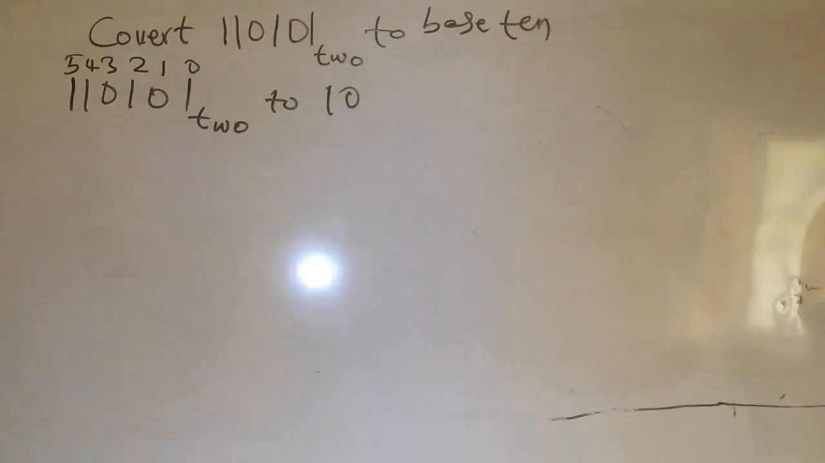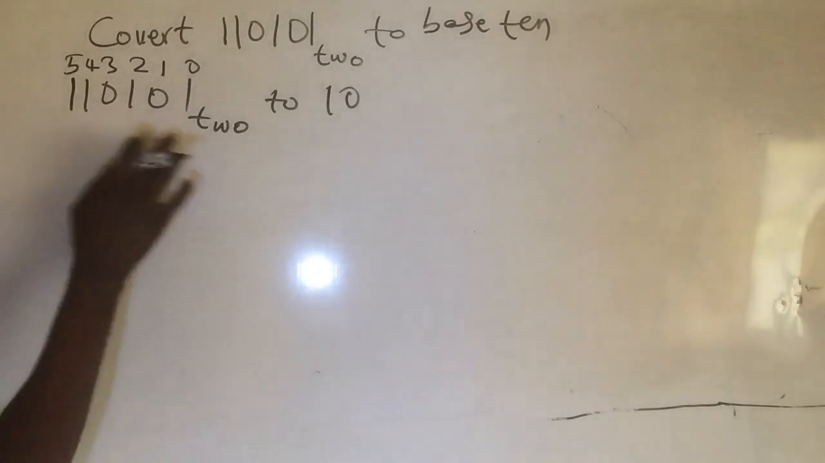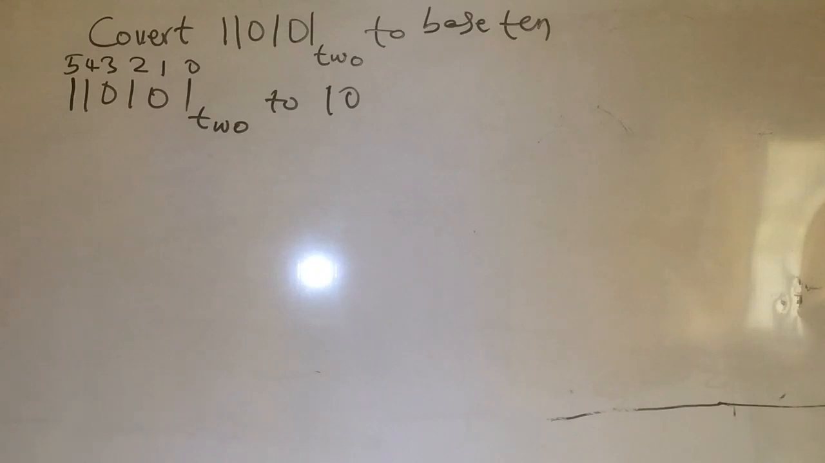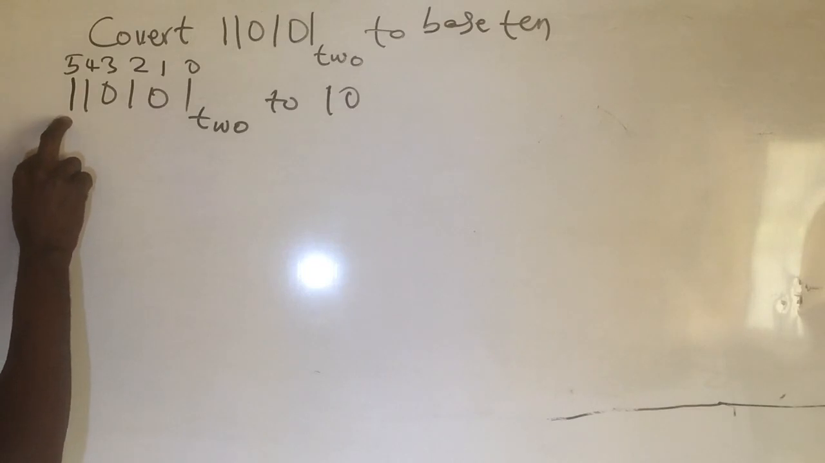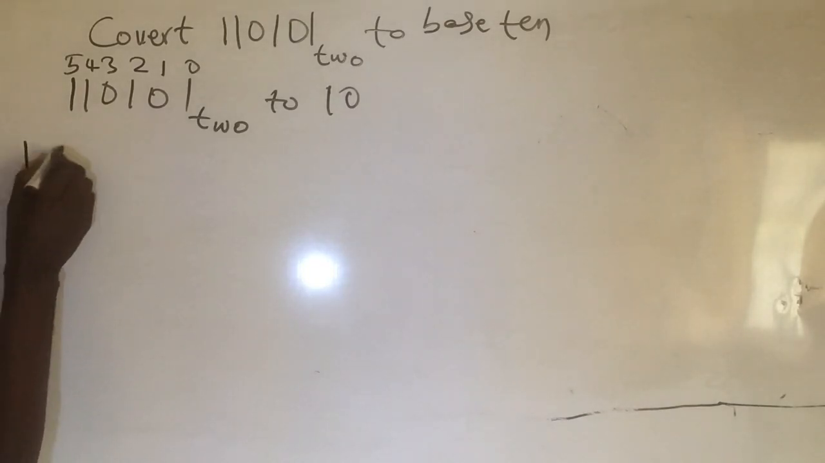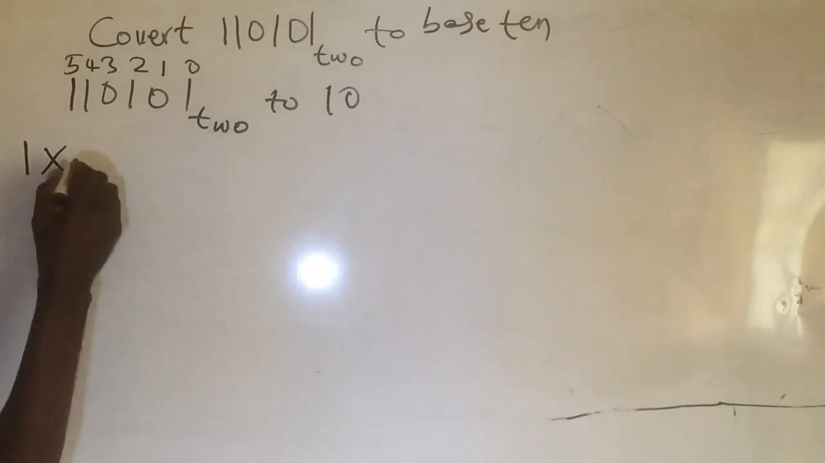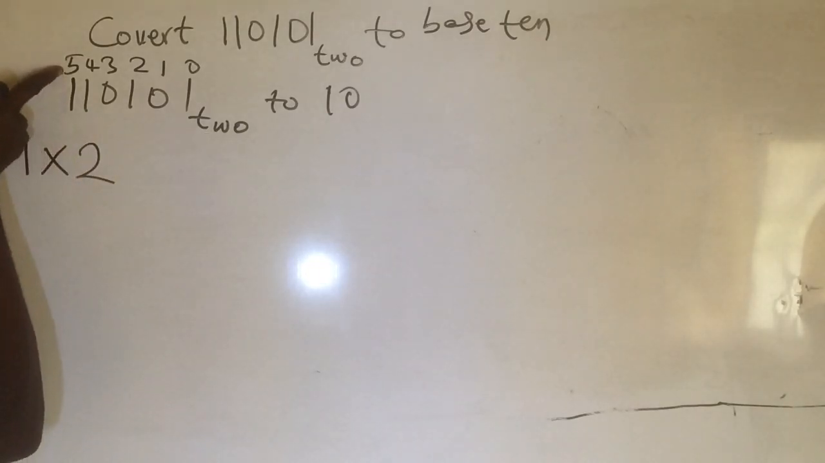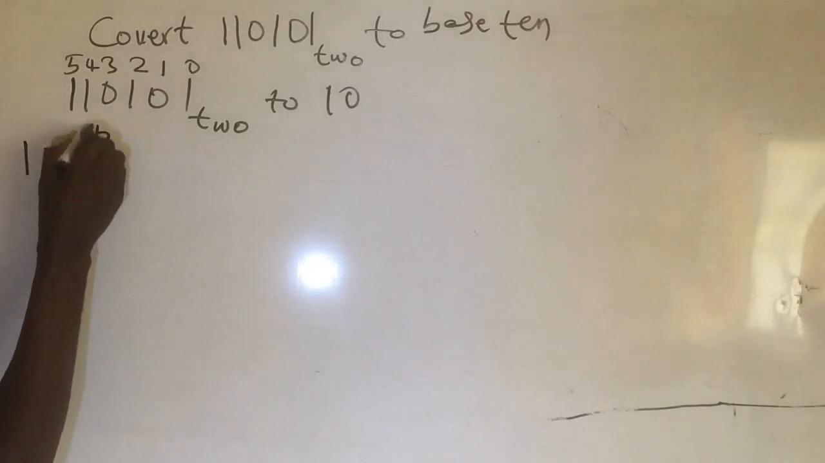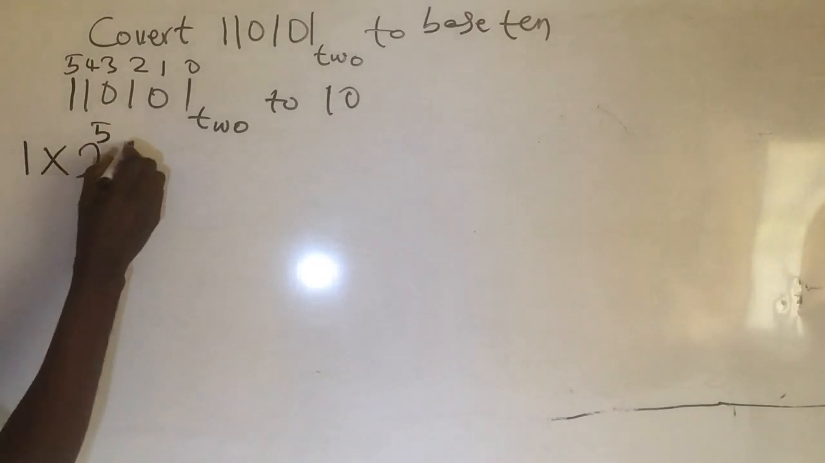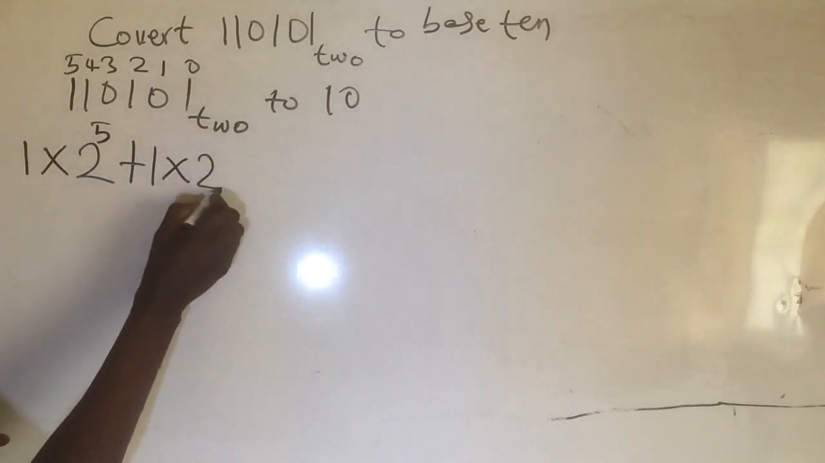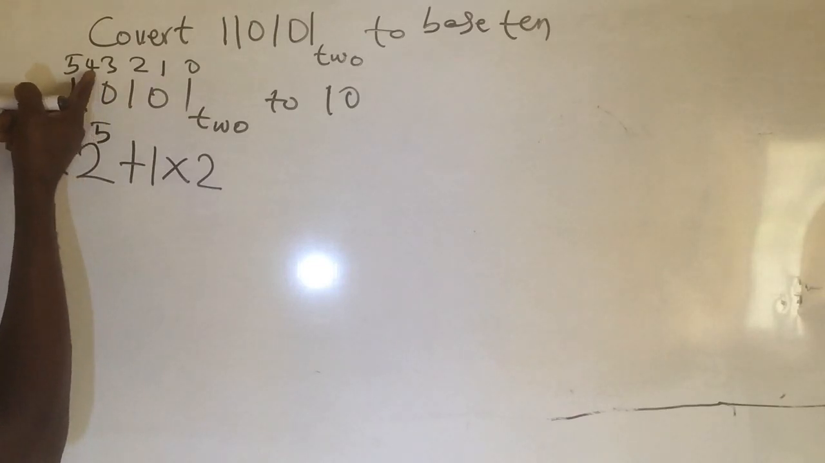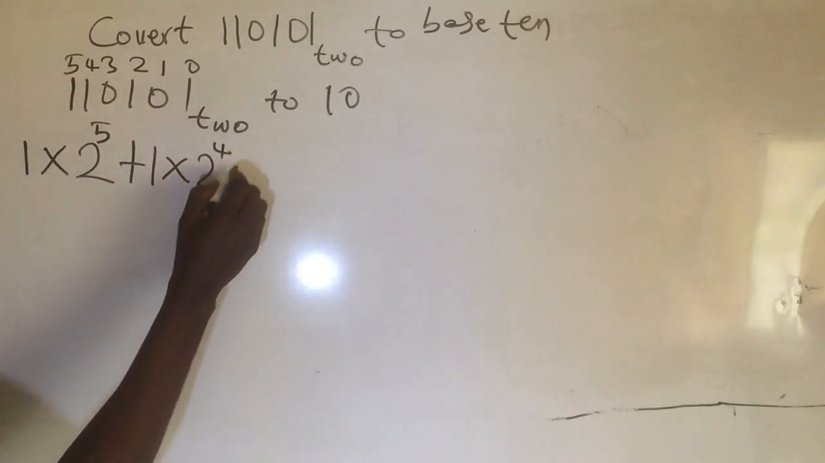Then after numbering it in this way, you now start converting the number to base 10. I will start with the first number, which is 1. I will say 1 times the base, which is 2, raised to the power of the number I counted. This first number is 5, so raised to power 5, plus the second number, which is 1 again: 1 times the base 2 raised to power 4, the number counted for the second number, plus the